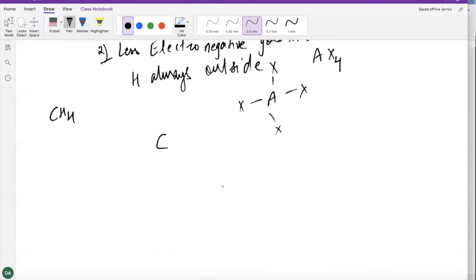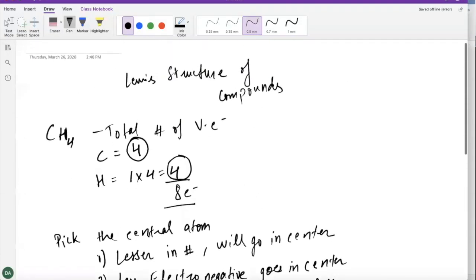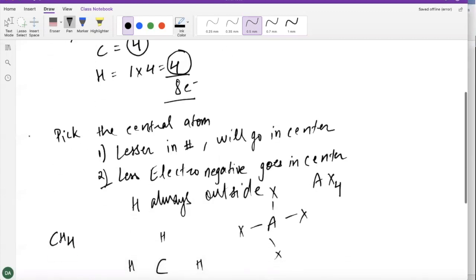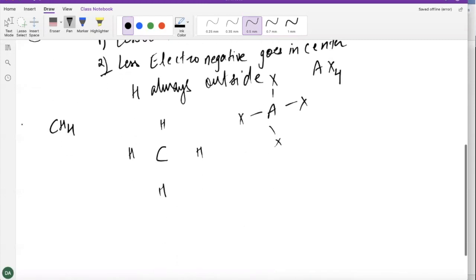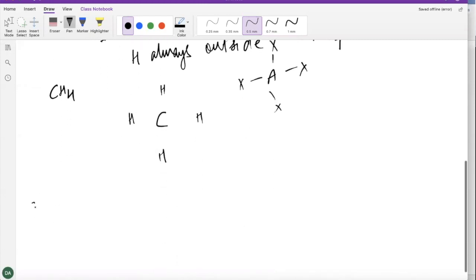Okay. Now, we have how many hydrogens, guys? 4. So what I'm going to do is draw 4 hydrogens outside. Now, the next thing you need to do, let me actually number these rules, guys. The first rule was that you did the total. The second rule was that you picked the central atom. The third rule now is use the electrons to make